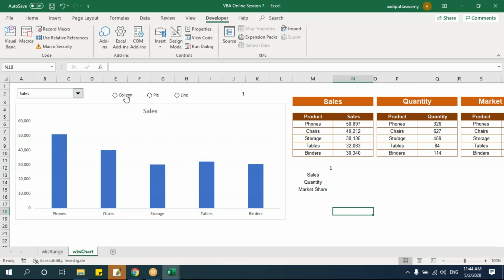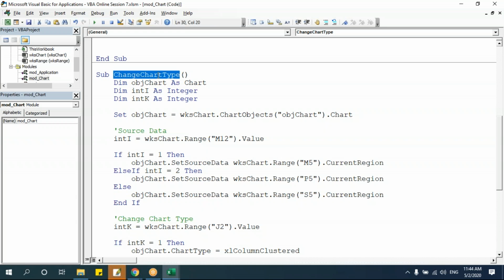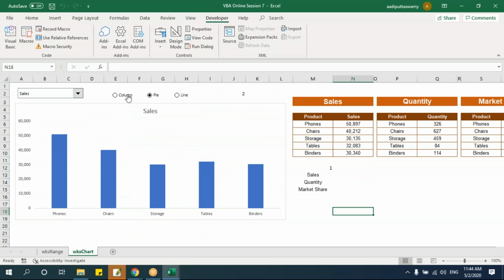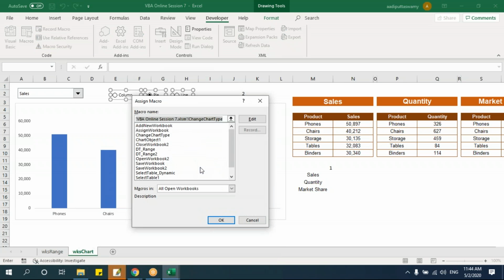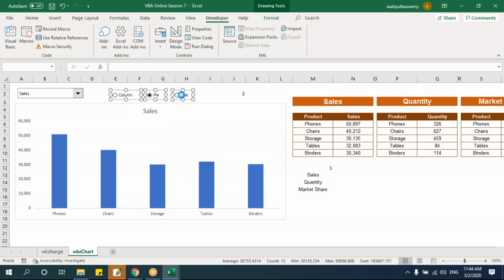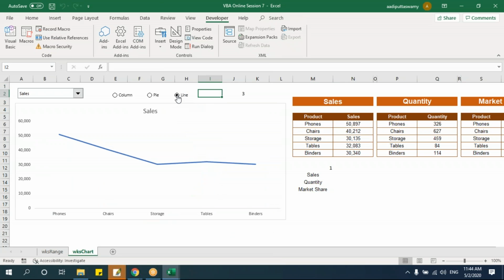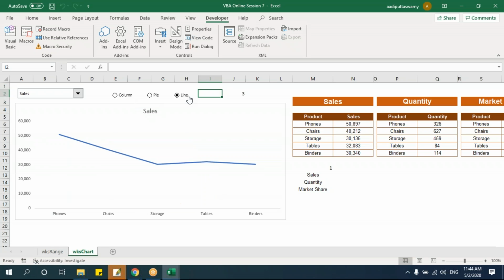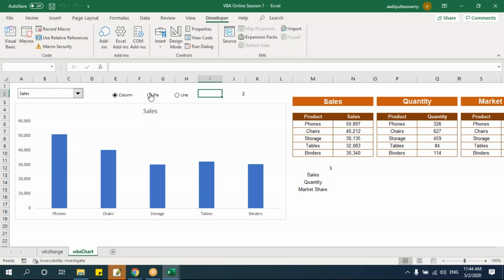Now let me go and select this column chart. This is the column chart. Let me click on this pie. Did we assign the right macro? Let me select again. Okay. See, pie chart, line chart. The column chart, pie chart,